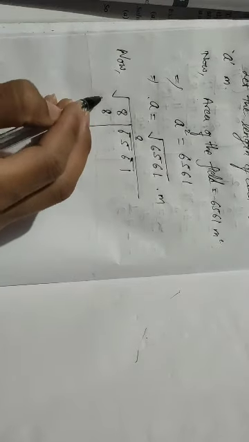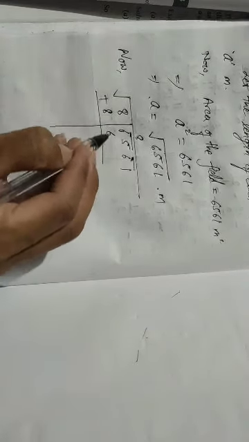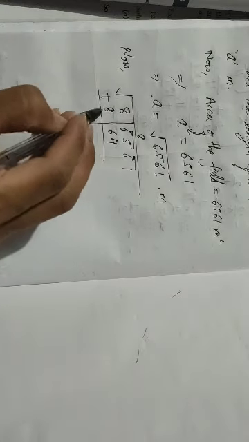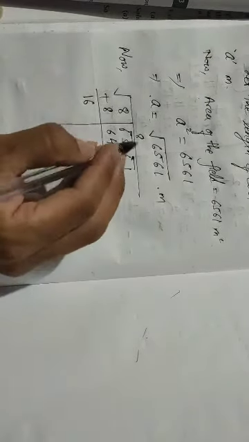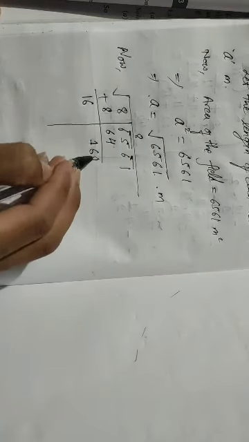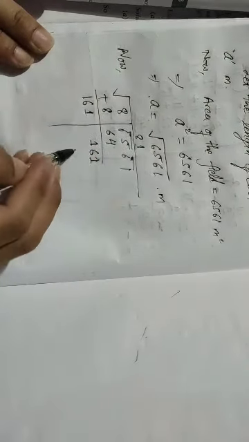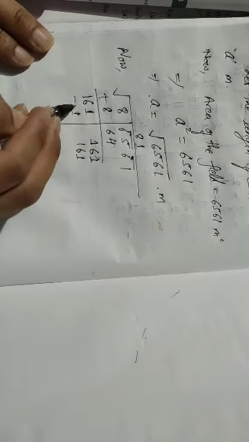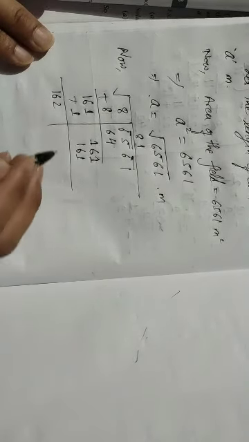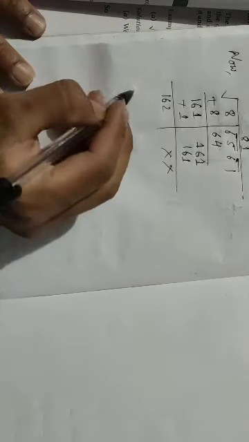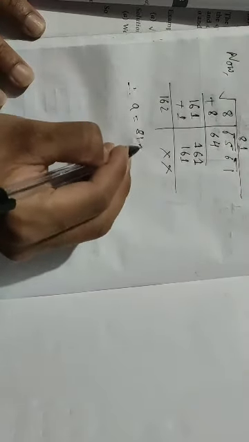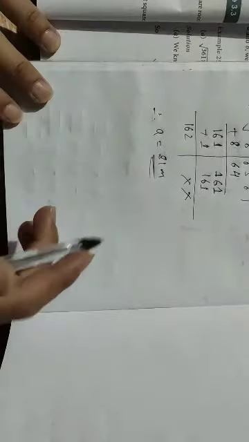So here I will also add 8. 8 eights are 64 will be here. I will subtract. First I am adding this 8 and 8, it will be 16. If I subtract, it will be 161. Next, with how much can I do? Obviously with 1, because 161 into 1 is 161, right? So I have to add 1 here. So it will be 162 and the remainder will be 0. Therefore a is 81 meters, isn't it? So I got the answer as 81 meters. Then you will write: therefore the length of each side of the field is 81 meters.